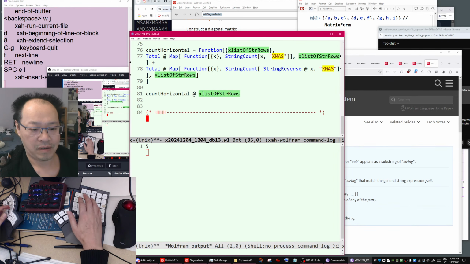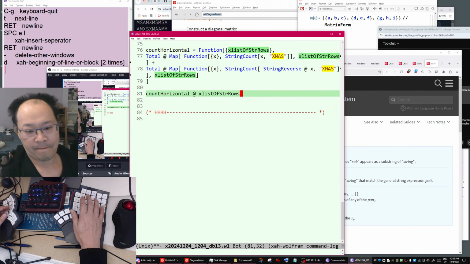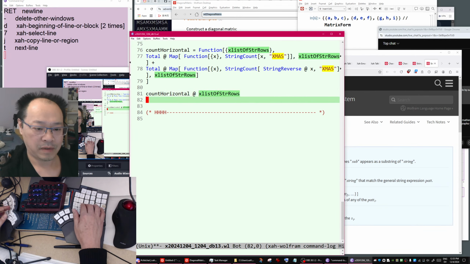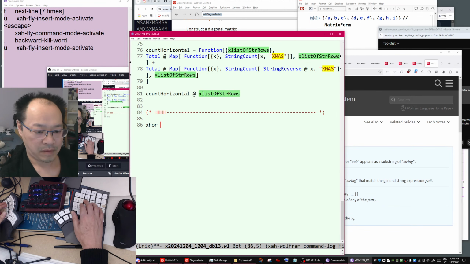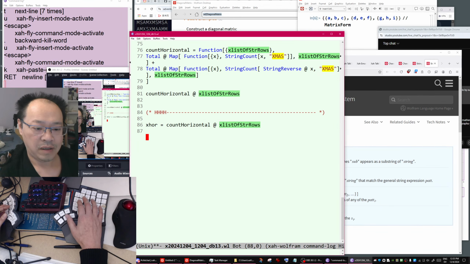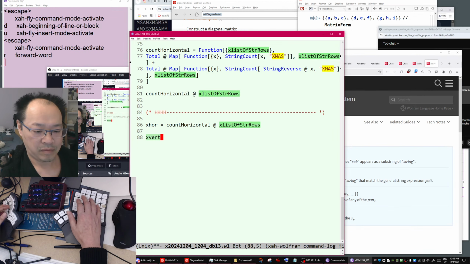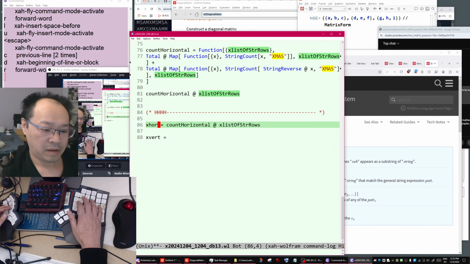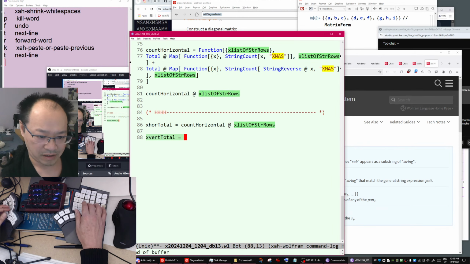Now let's check. Horizontal equals this result, vertical equals, let's say total. Let's just say clarity.